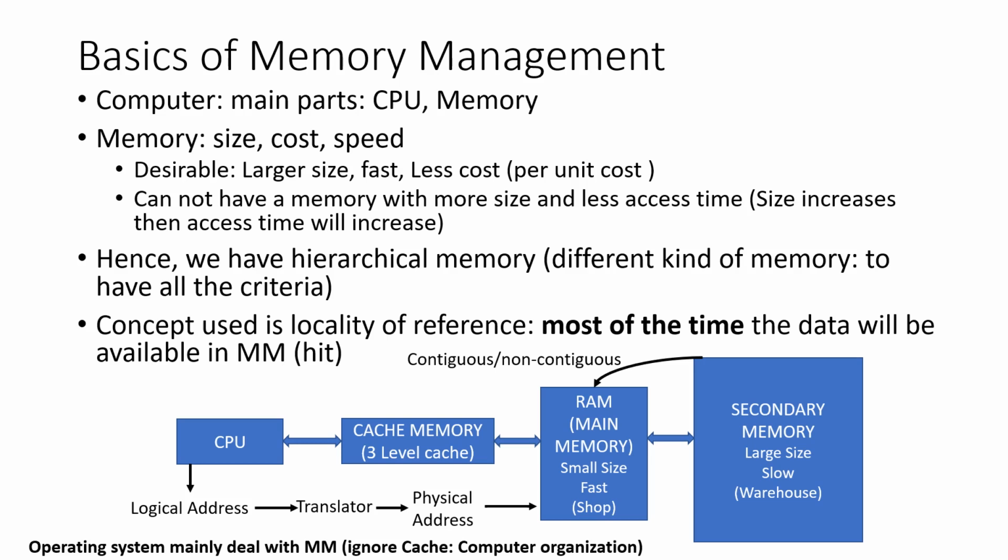The concept of locality of reference is used to bring the processes into RAM from secondary memory to increase the hit ratio. Generally the program is executed sequentially. So if the 100th instruction is currently under execution, then it is assumed that the next few instructions will be executed. So those particular instructions are brought into main memory from the secondary memory. This is called locality of reference. The data which is currently used by the CPU is brought into the main memory.